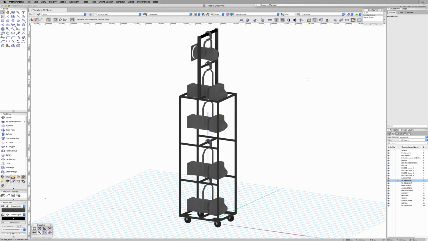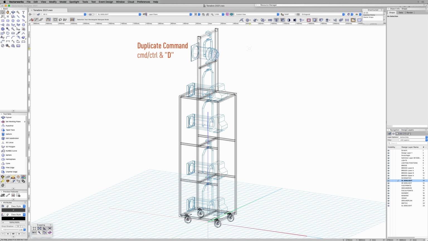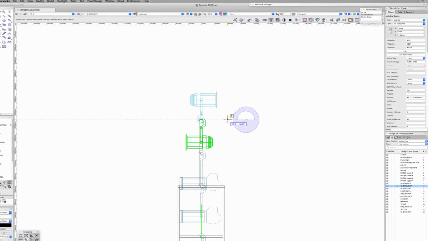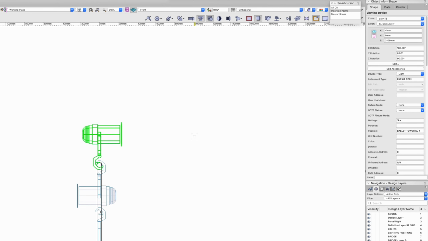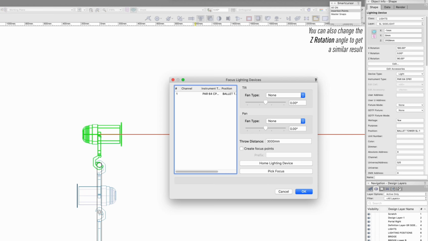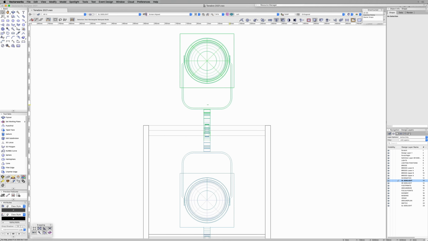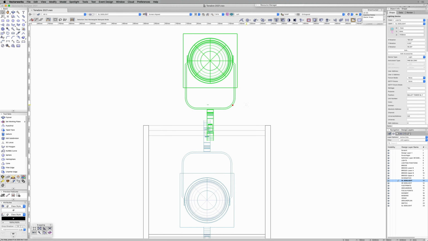Two more things need to be looked at. Firstly, this par 64 needs to be duplicated and rotated so that it is overhung. It will also need focusing again. When you use the Focus Lighting Devices tool, it's important to understand that these values are relative to the focus the instrument currently holds. If you want absolute pan and tilt, then you need to use the fields in the Object Information palette or home it first by using this button at the bottom of the palette. If you worry about these things, and for some reason I do, then you will probably want to split the positioning of these